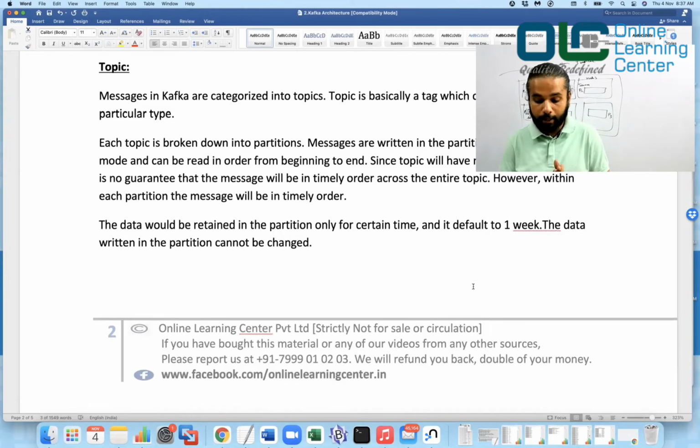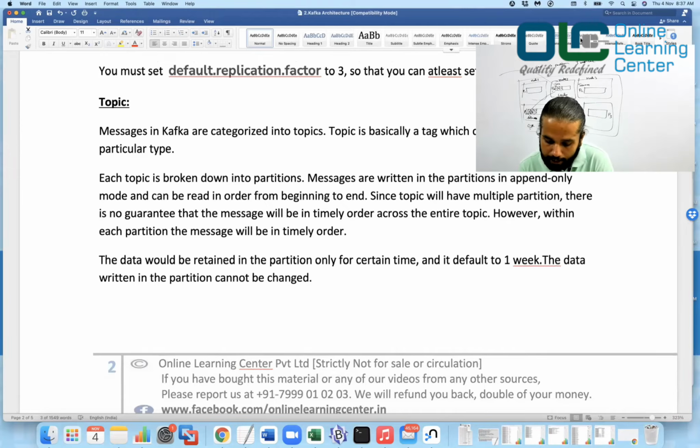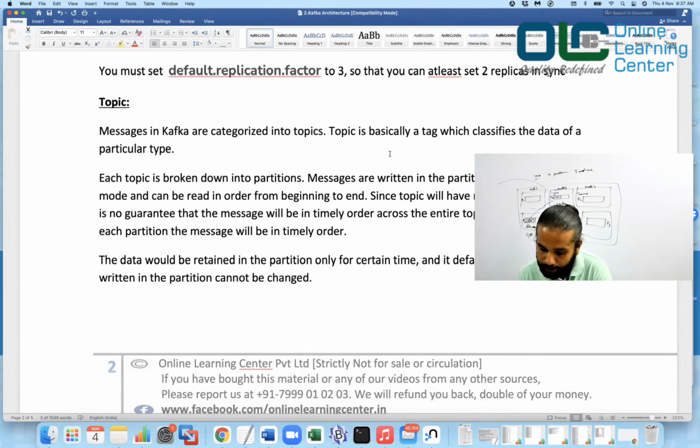We know what a topic is, right? But I want you to understand this through the notes as well. So let's talk about this topic. Messages in Kafka are categorized into topics. A topic is basically a tag which classifies the data of a particular type. As I said, if you want to classify my mobile data, then my mobile might have SMS data, call data, contact data, and applications data and so on.